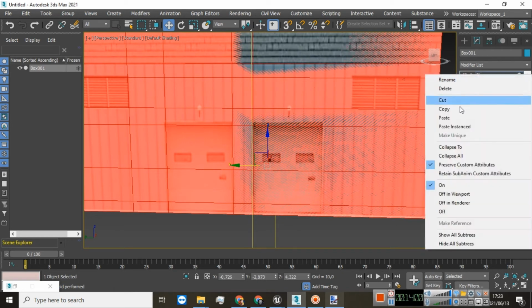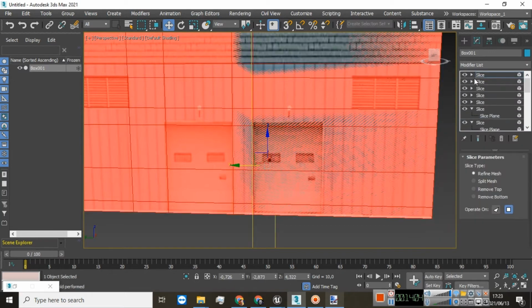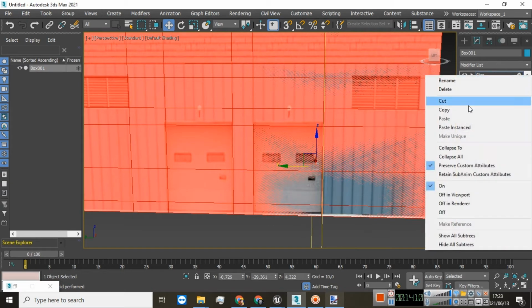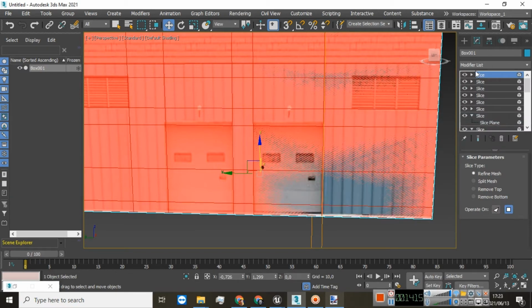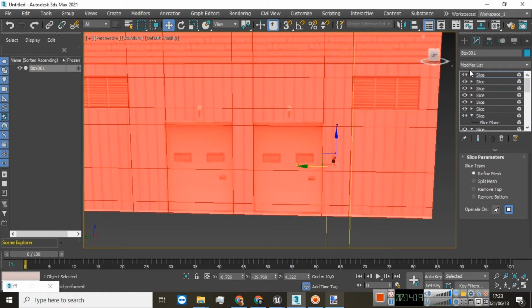You don't have to do the drop down every time. Just have to click again on the slice plane. And it's easy to see if you don't have the modifier, the gizmo selected, because it will move your entire model, and then you can just backspace and do it again. But for all intents and purposes, this is just repetition, copy and paste. Now that I have those lines,